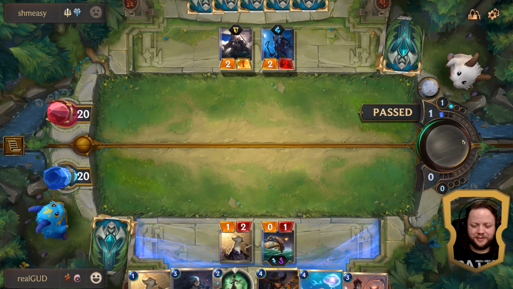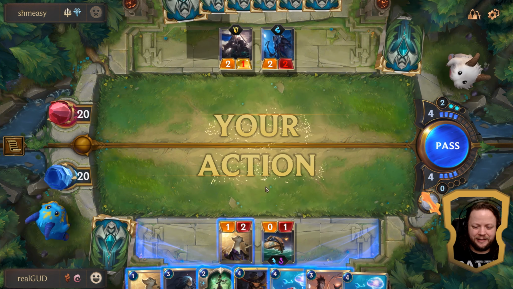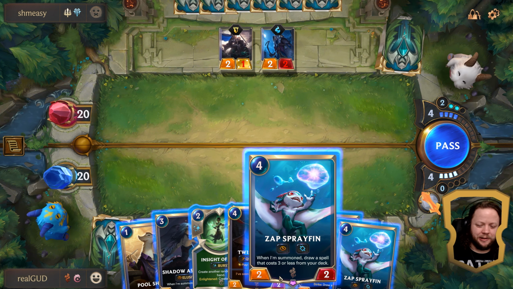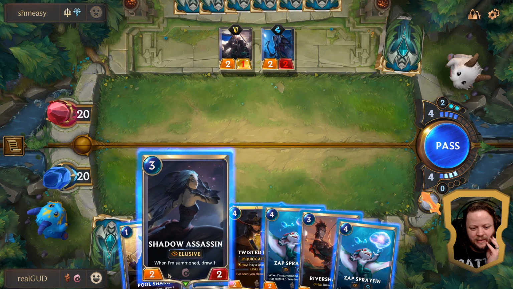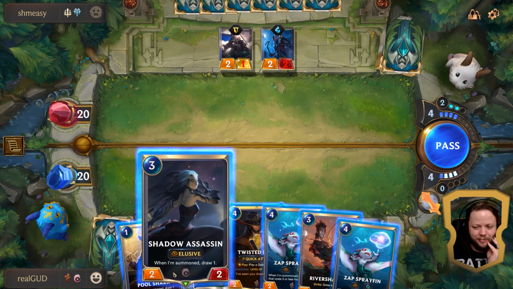Take 1 less damage from all sources. Yeah, I was hoping maybe it would say from combat. That would have been nice. You never can stop hoping, right? So we could zap Spray Fin here, which will give us back 1 mana and also draw a spell for us. But I'm not sure that that's ideal here. In fact, maybe we just...